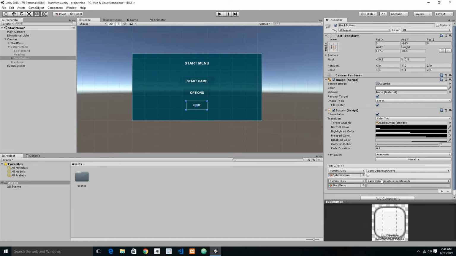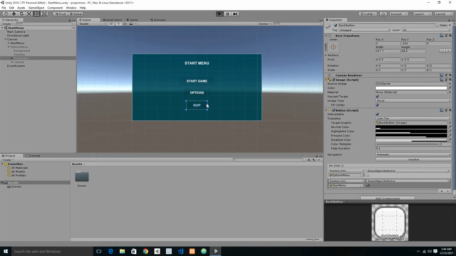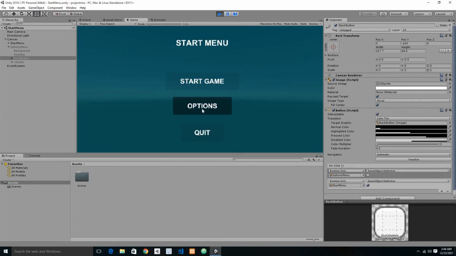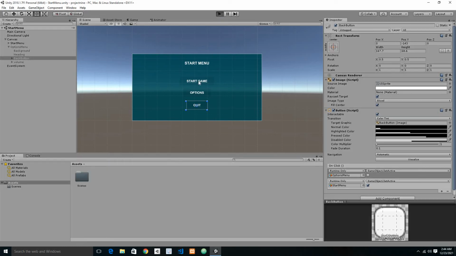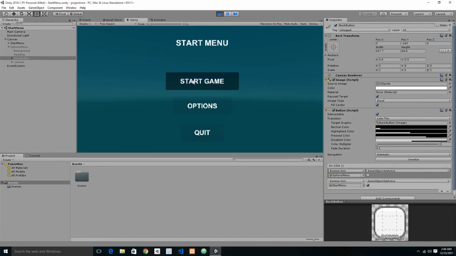Want to set it active? Yes. Save and then play our game. Let's see what we have. So options, back, options, back, options, back. Awesome. Everything works. So now what we want to do is that whenever we click on this start game, we